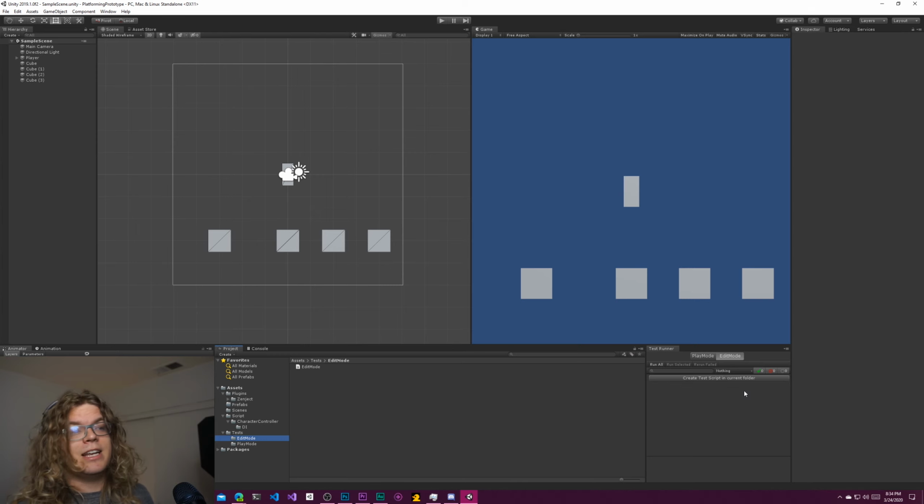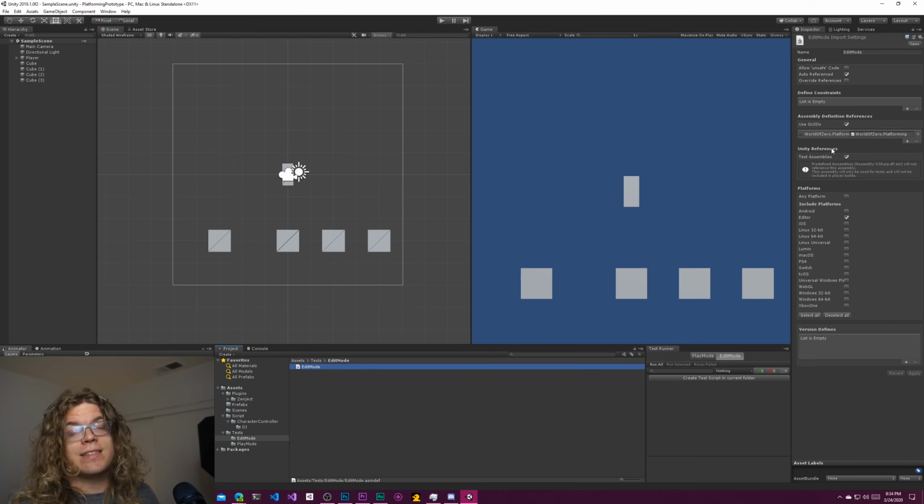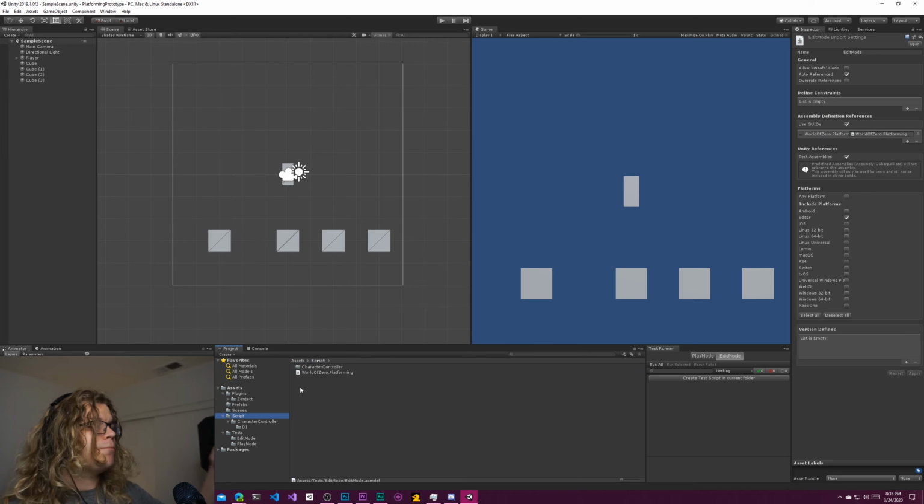So I've created this edit mode test folder. When you do that, it creates an assembly for you, and this one is specifically designed to only run in the editor. And I've included a world-of-zero.platform assembly in it. That platform